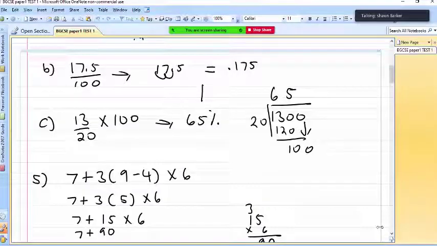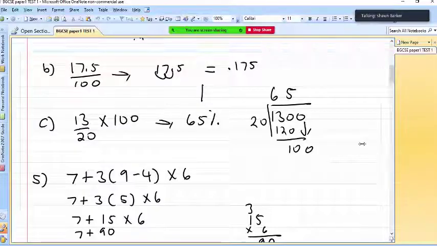I think you can use calculators in the exam, but I've showed you the long way also, just in case, so you could really know how to work these problems. But you could just put this in your calculator, 13 over 20 times 100, and you can get your answer. But if you multiply the top, you'll get 1300, and the bottom is 20. So here, 1300 over 20.